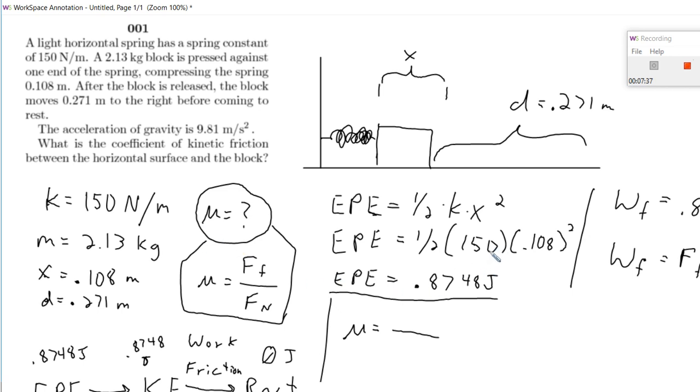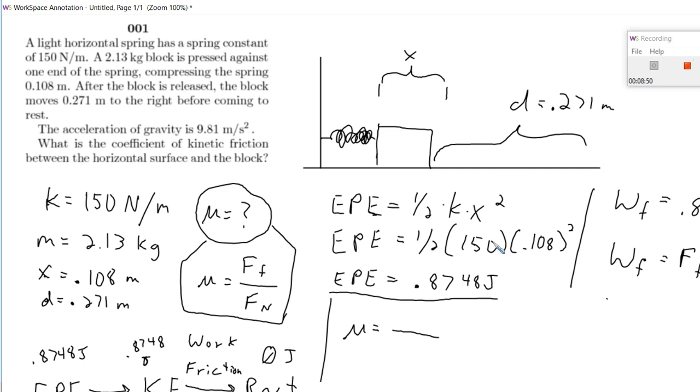Yes, the sign matters when we're talking about the work, but not when we're talking about the mu. That's always going to be given with positive values. It is a ratio. It is not directional. Okay, so work done against friction is